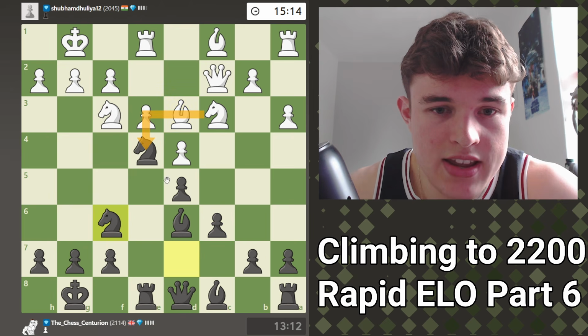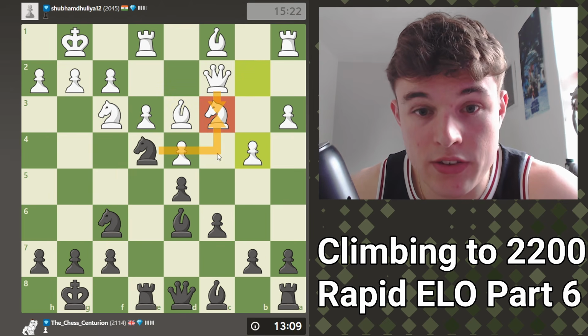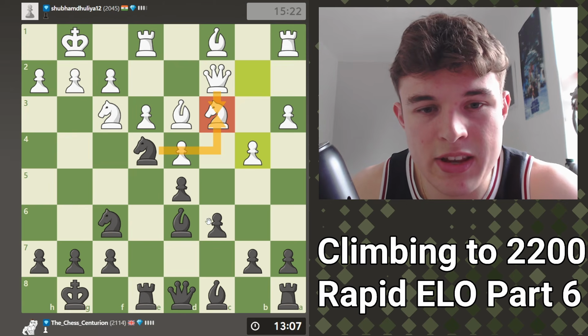White still can't really take. If you take like this, then you again get your minor pieces forked. b4 is played. Now the knight is defended. So if I take, queen takes...